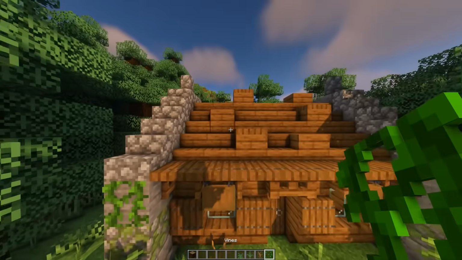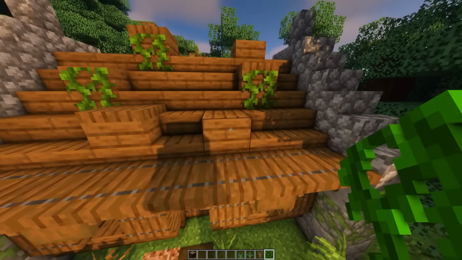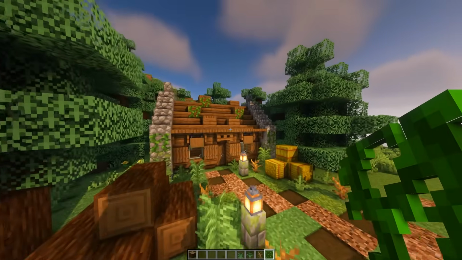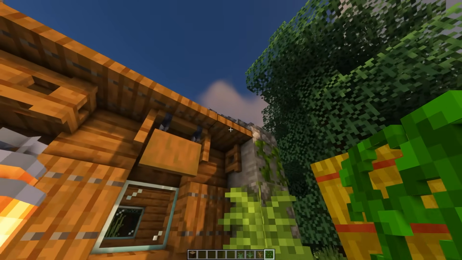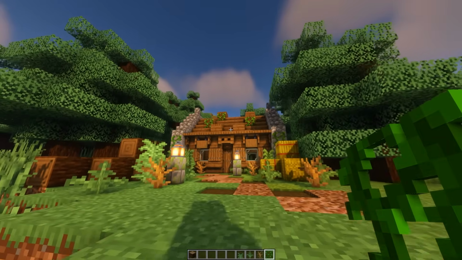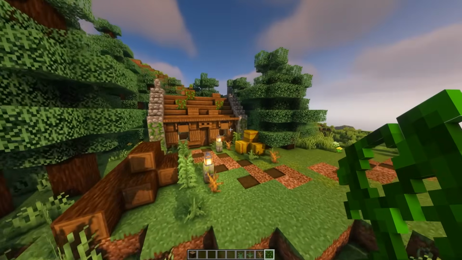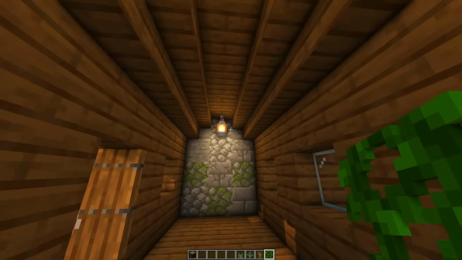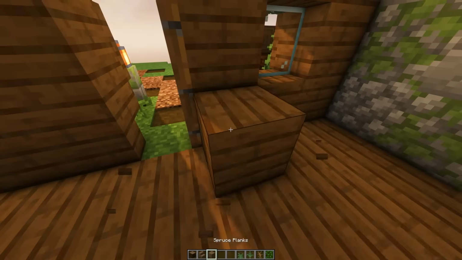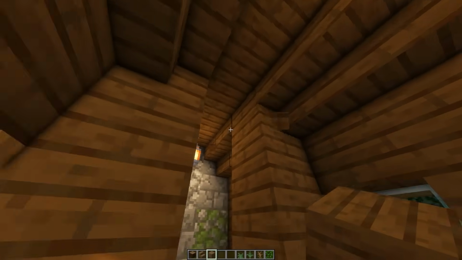Oh wait, I can put this here as well. I cannot put it here though. Oh, but this adds a lot. I cannot put it anywhere here. So it's just gonna be a couple of those on the roof. But that does look kind of good. And if we go inside, well, there's not much to it. It's just a little house. But we can create, oh no, we can create a wall over here to kind of separate the